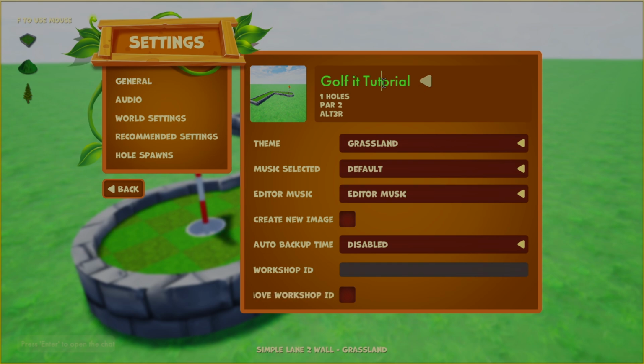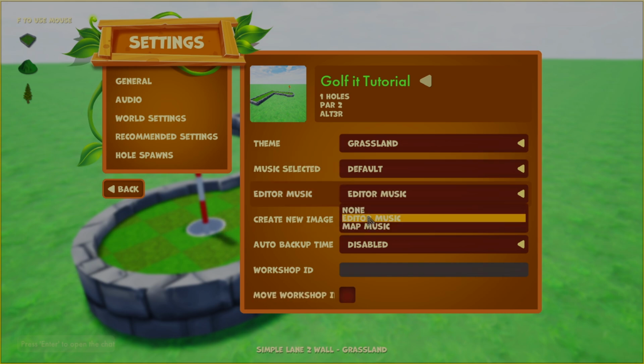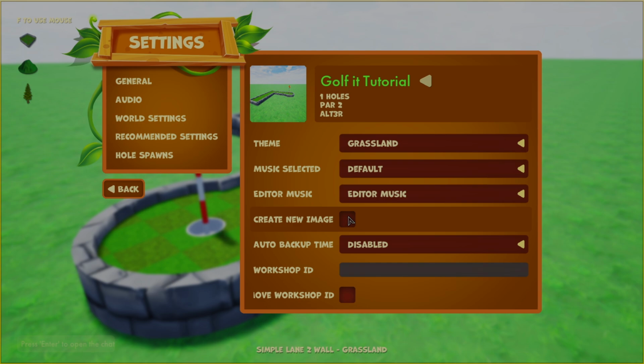Here you can change the map name if you want to rename that to something else. You can also change the theme, or you can change the music. The default selected will just play the default music for whatever theme you have. Editor music, of course, is the editor music. You can have none, or you can put the map music. Now create new image. If you have this checked, what you can do is go back